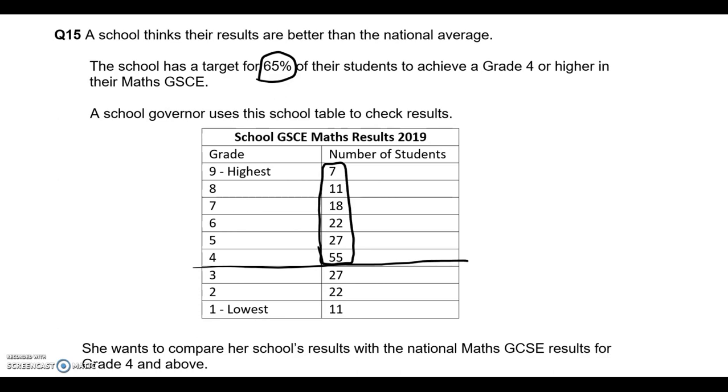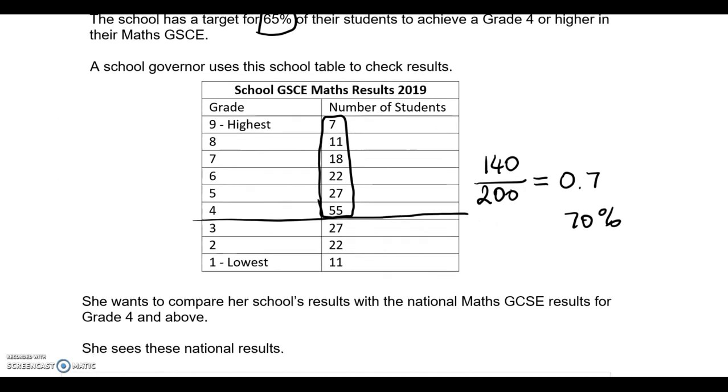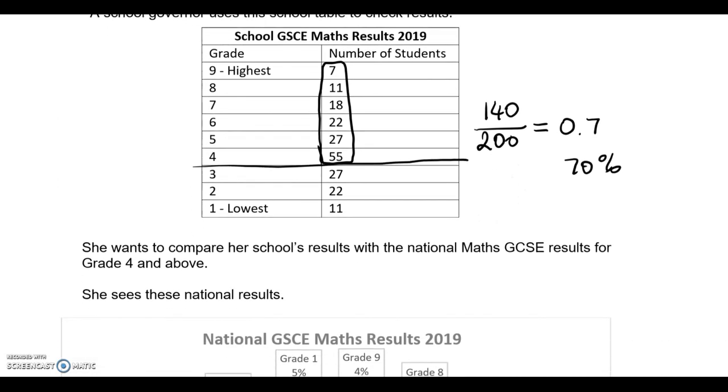We're going to add them all together, and that is 140 out of the total of 200. If you use a calculator, this is going to give us 0.7, which is 70%. So 70% achieve grade 4 and above